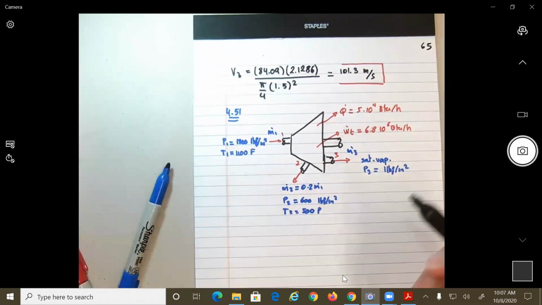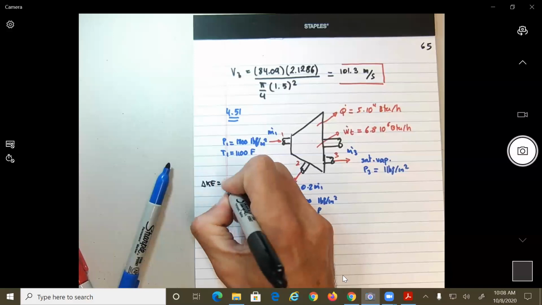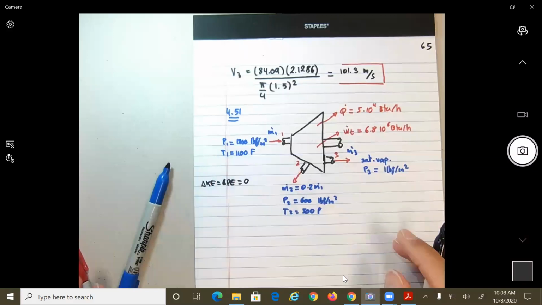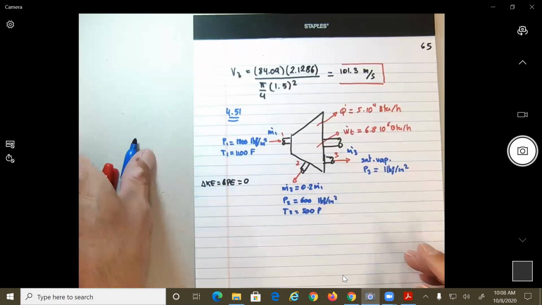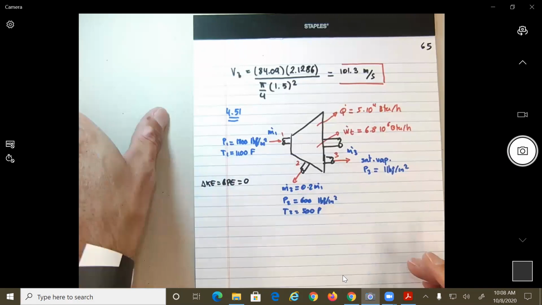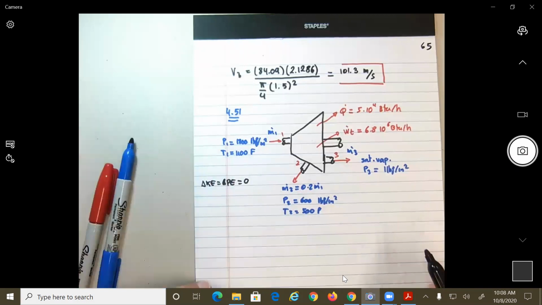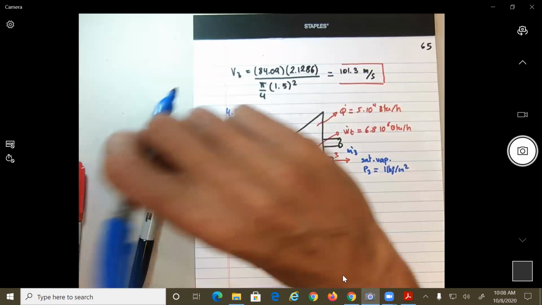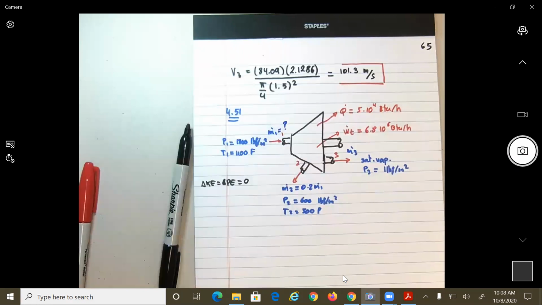If you want, you can add here neglecting kinetic and potential energy. And what we need to find is